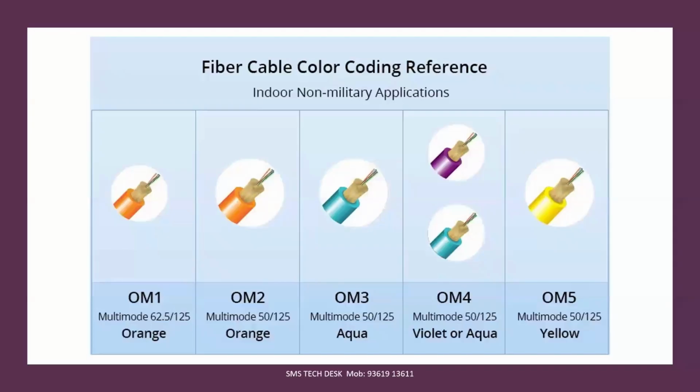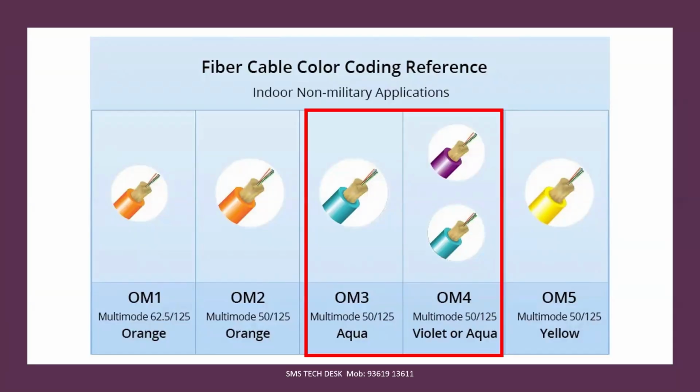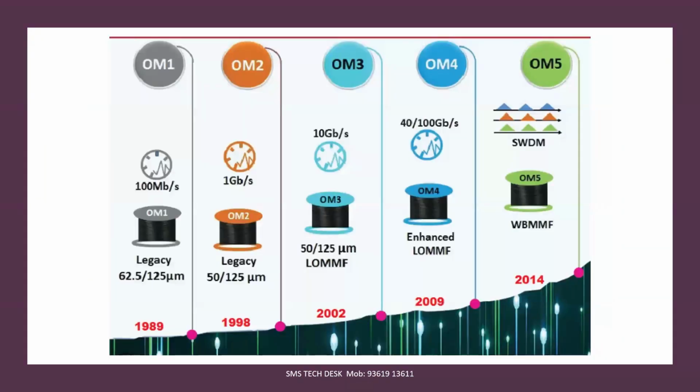Those are OM3 and OM4. These are the two fiber optic cables which are used in servers to establish connectivity from our server to the storage device. Okay, so OM3 and OM4. What is the form factor for this OM3 and OM4? Again, it depends on the speed. OM3 supports up to 10 Gbps. OM4 supports 40